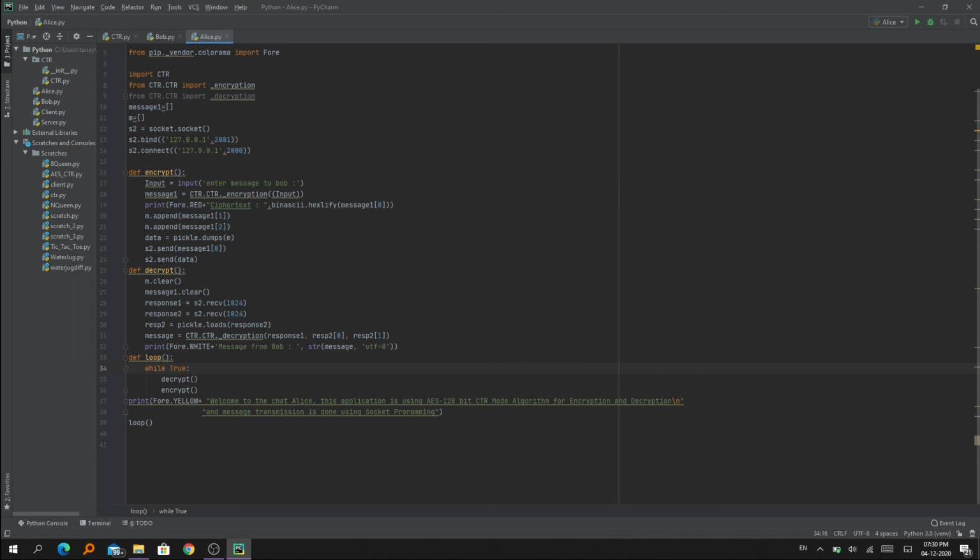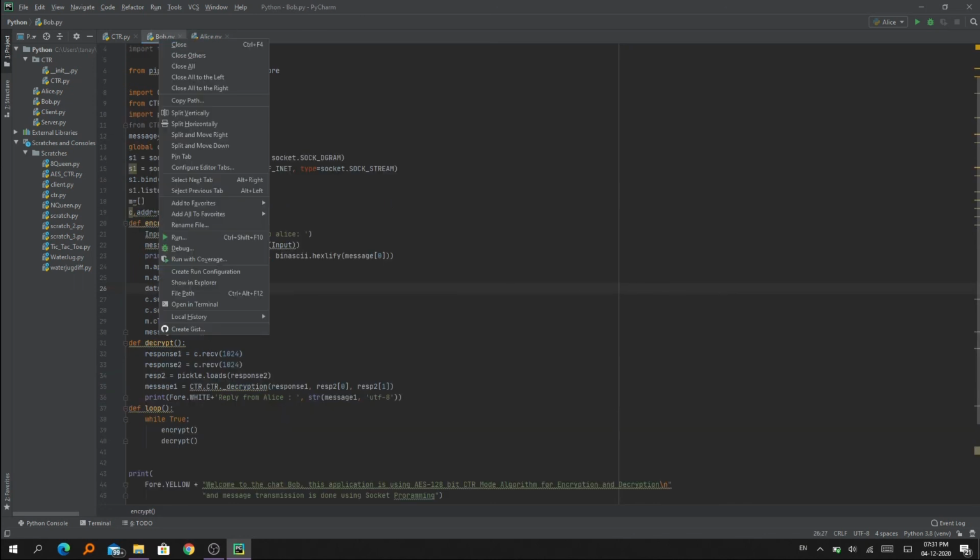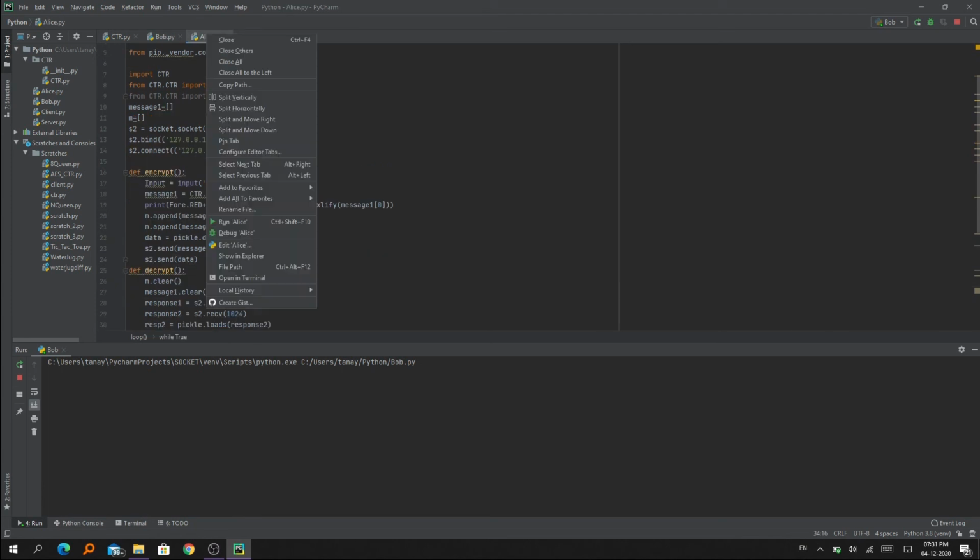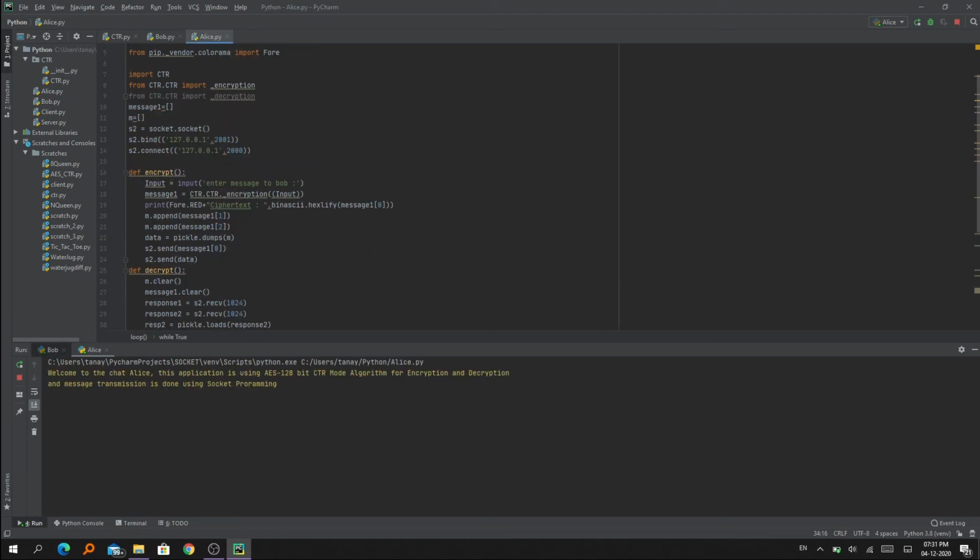Now let us see the functioning of the code. Now let us run the code and see. Now when you run the code, it asks to enter message to Alice. How are you, Alice? Now when I have entered the message, I have also printed the ciphertext to understand that the encryption process is done. Because in real time you can't see the encryption decryption process, so for our understanding I have printed the ciphertext over here. Now how are you is encrypted and this is the ciphertext, and let us see what Alice gets. Now Alice gets the same message, how are you, Alice?